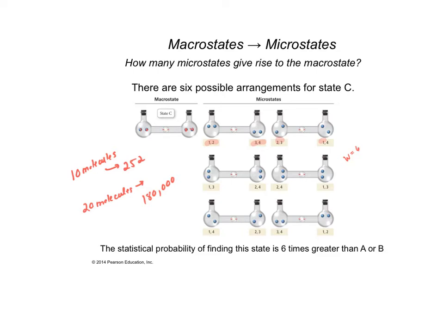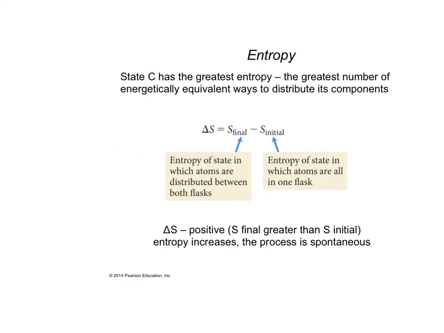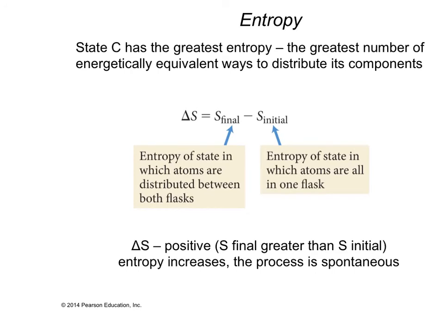So there is obviously an energy consideration with respect to entropy, but entropy is also very statistical in nature. The reason why we see gases diffuse to essentially fill their container is because that is the statistically most probable outcome, okay? So again, if we want something to be spontaneous, it has to have a positive value for entropy, okay? And we're always measuring entropy in terms of the final state minus the initial. If delta S is positive, if we have a spontaneous process, then final entropy has to be greater than initial entropy. Okay, so let's try that